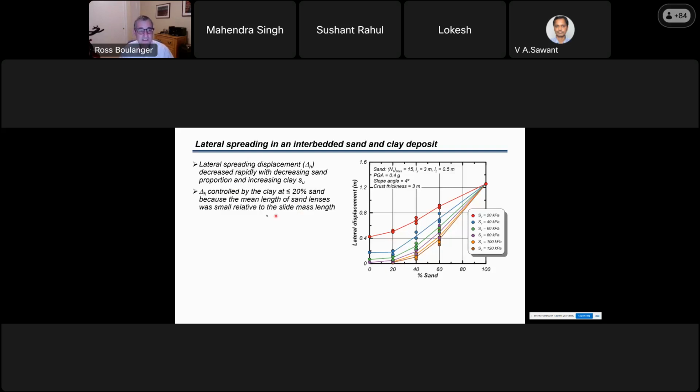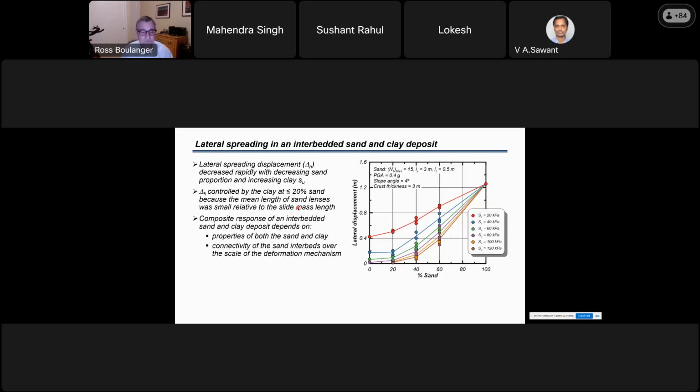The punchline of this is that lateral spreading decreases rapidly with the decreasing sand proportion and with the increasing undrained strength of the clay. The horizontal displacements are controlled by the clay when you get down to less than about 20% sand. That's because for these examples, the mean length of those sand lenses was small relative to the length of the slope. So it's always got to be in the context of how large the geologic feature is